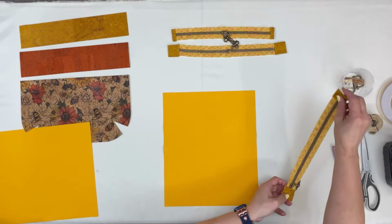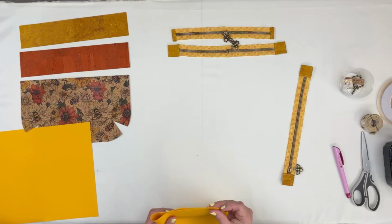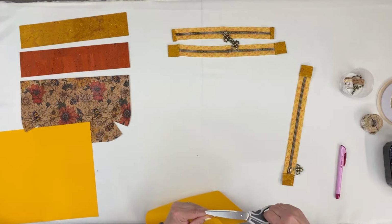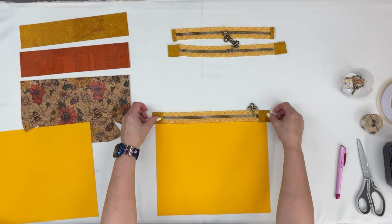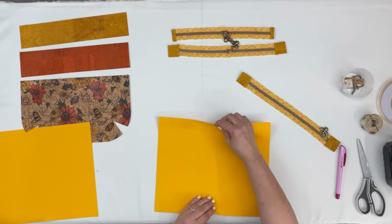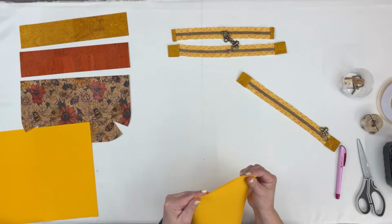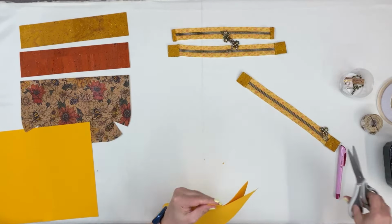So I've marked the center of my zipper. I'm going to find the center of my pattern piece. The reason I'm finding the center on these is because these zippers are longer than the pattern piece is wide. So I want to make sure I find the center of it. I'm going to find center on both just to be on the safe side. Okay, pattern